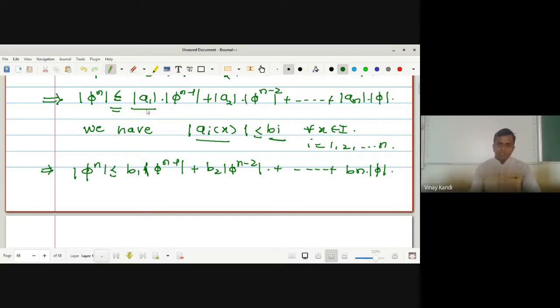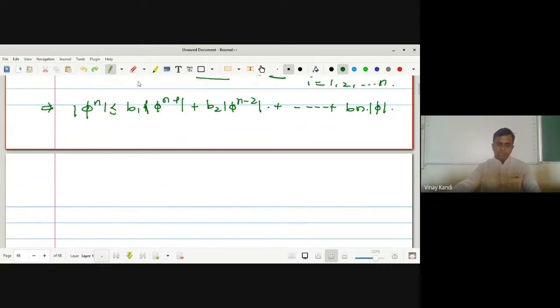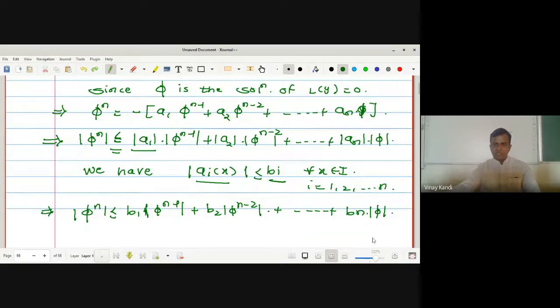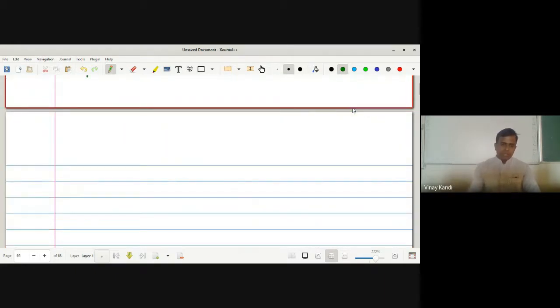No, sir. ओके, इन्स्टेड ऑफ A1 वी कॅन राईट B1. ह्याच्यापेक्षा मोठी क्वांटिटी लिहिली ना आपण. समजा इथे 3 आहे, इथे 3 आहे, समजा B 5 आहे, तर मी ते इथे 5 लिहिलो, तर ह्या इक्वेलिटीवर काय साईन चेंज होणार का? काहीच नाही होणार इफेक्ट. ओके, hence the inequality becomes, now putting this value of mod of phi raised to n in equation number 2 here, इथे ठेवायचे आपल्याला. कुठे? So we get inequality 2 becomes,